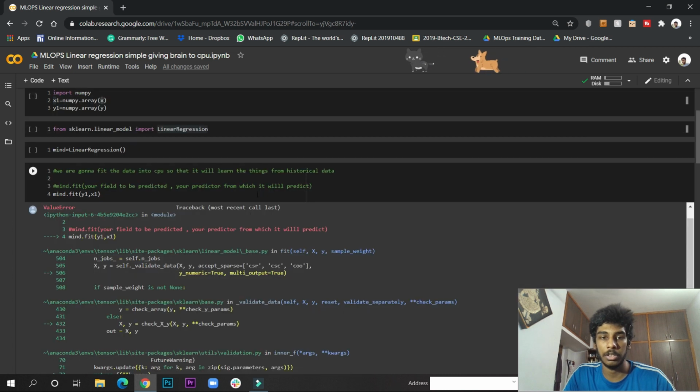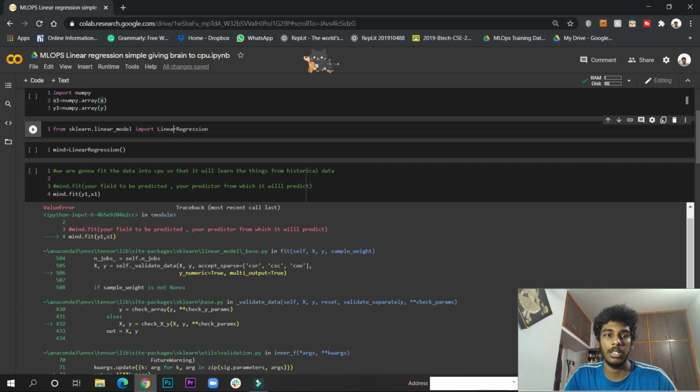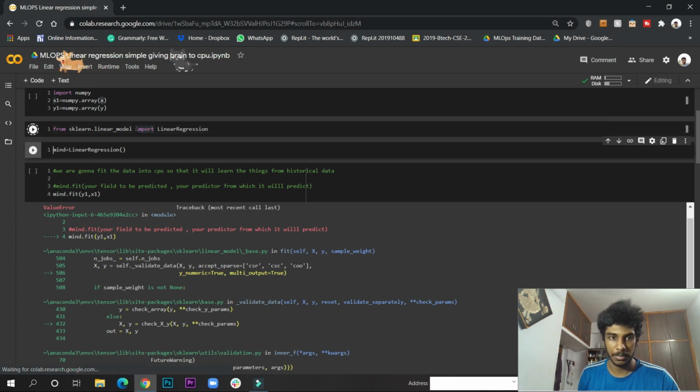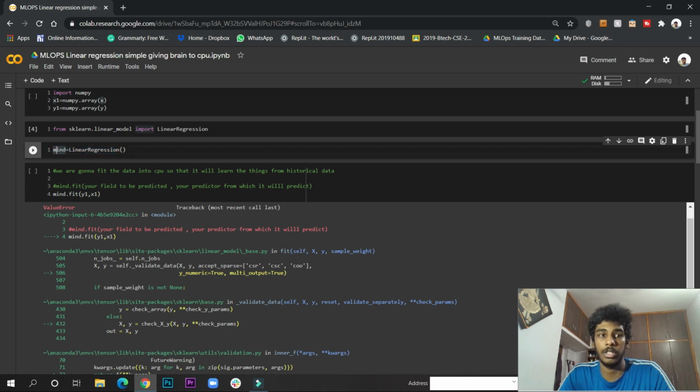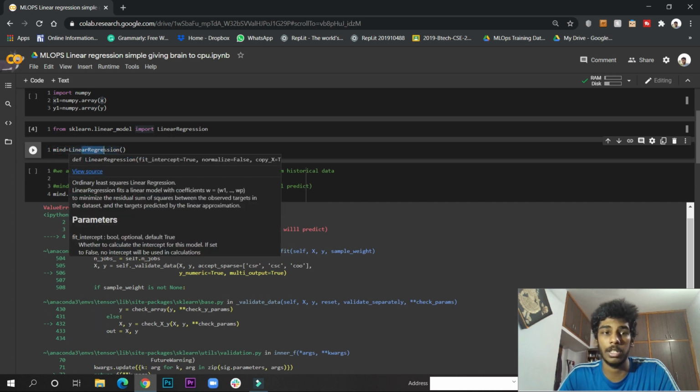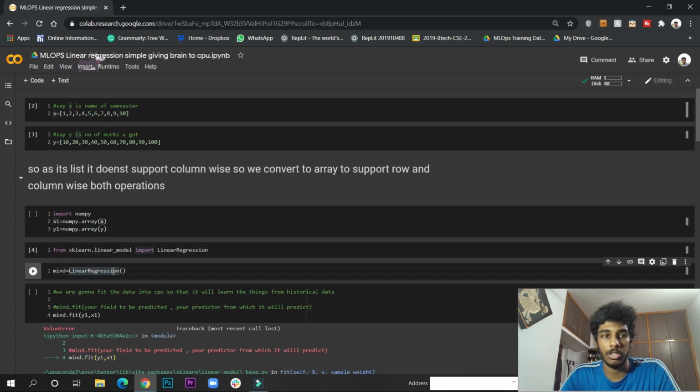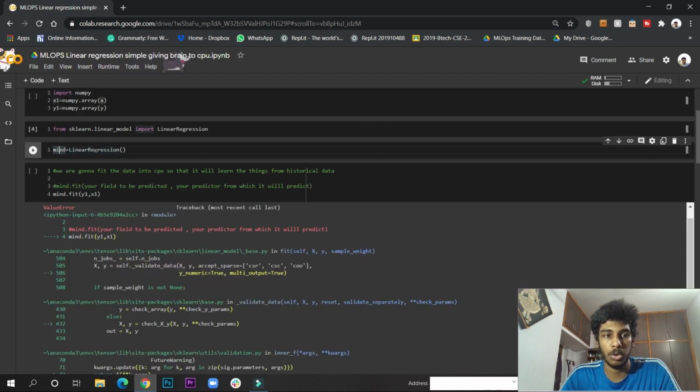So this function will tell us everything. This function is present in the sklearn module, in the linear model submodule. If I run it, it is running. Yeah, it has run. Now we will give a variable to this. As I told you, that's the main function to find the relation. We will store it in a variable called mind; you can give any name.